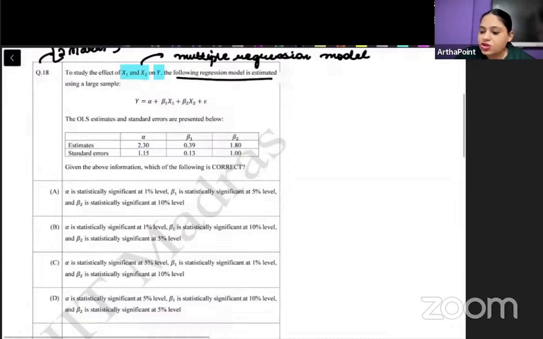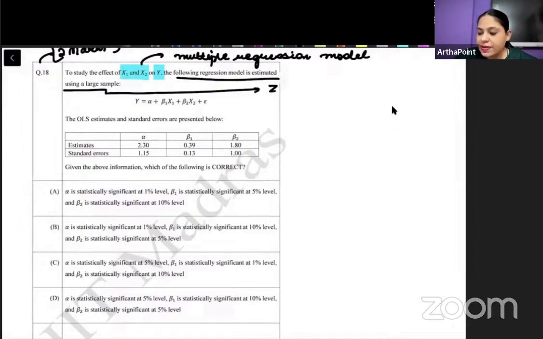The following regression model is estimated using a large sample. So since it is a large sample, we are going to perform which test? Z test, not T test,